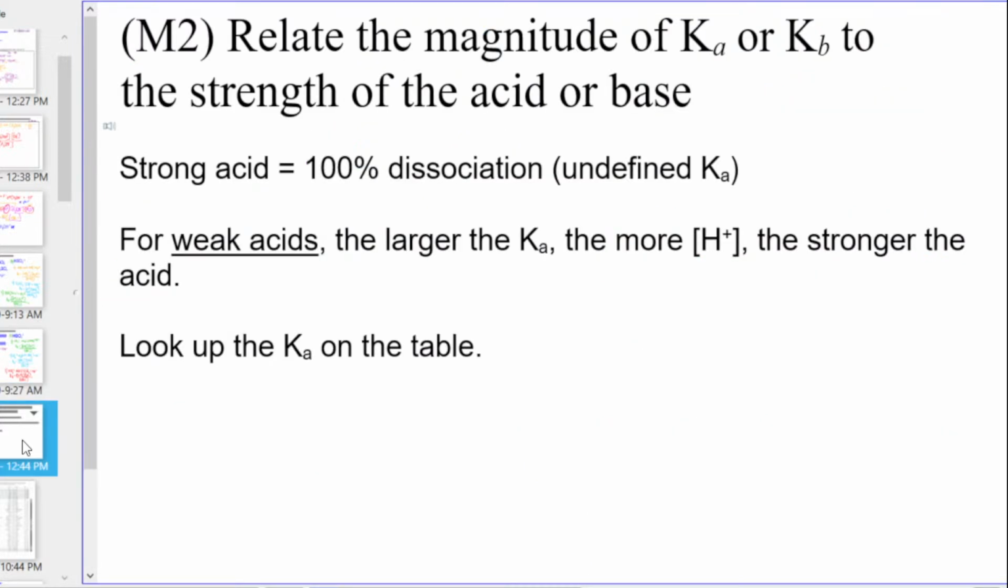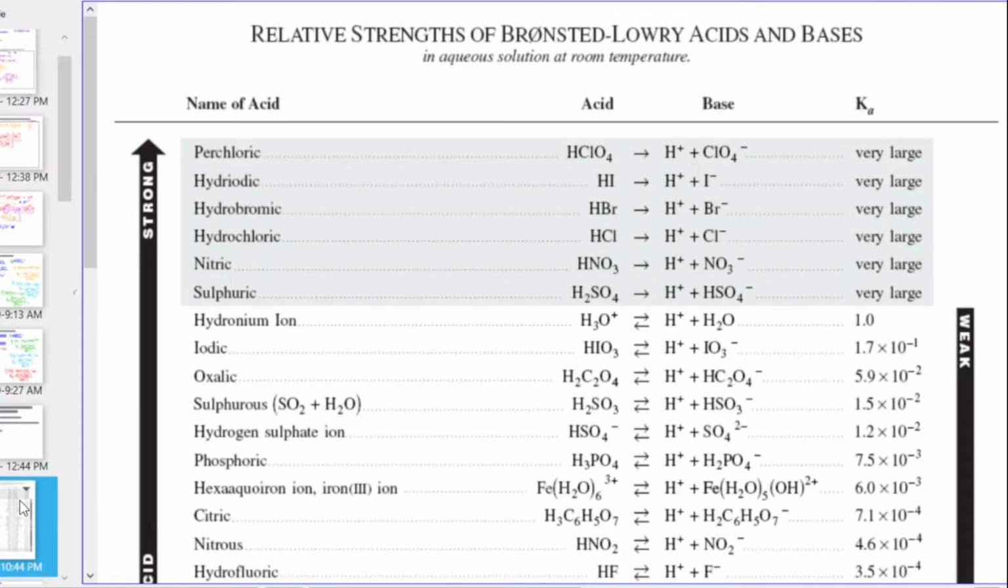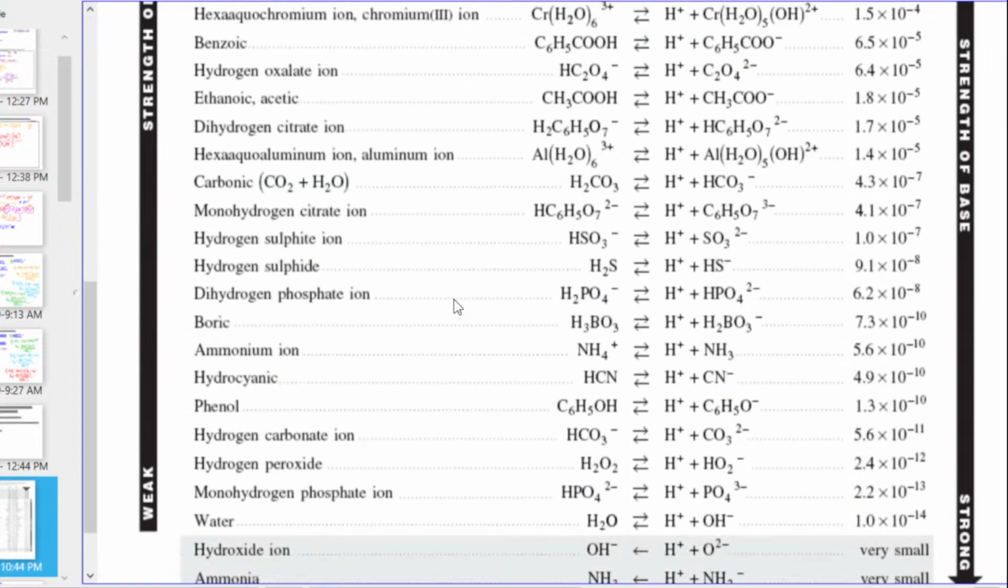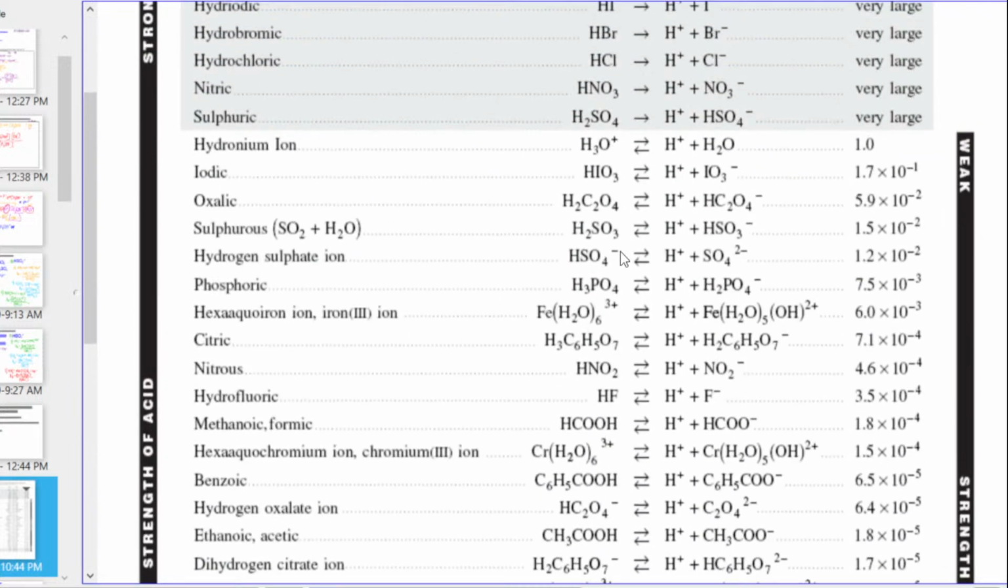Okay. Next one is just relating Ka and Kb to the strength of the acid or the base. When we look at our data table, how are all of the equations written? Are these acid equations or base equations? Acid. And to make the table nice and small, they're written in the simplified form, so it's not plus H2O, it just goes to H plus the base. The Ka